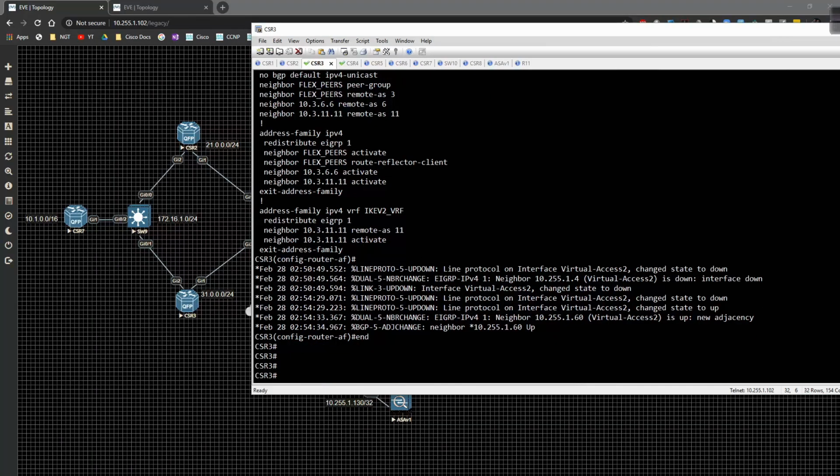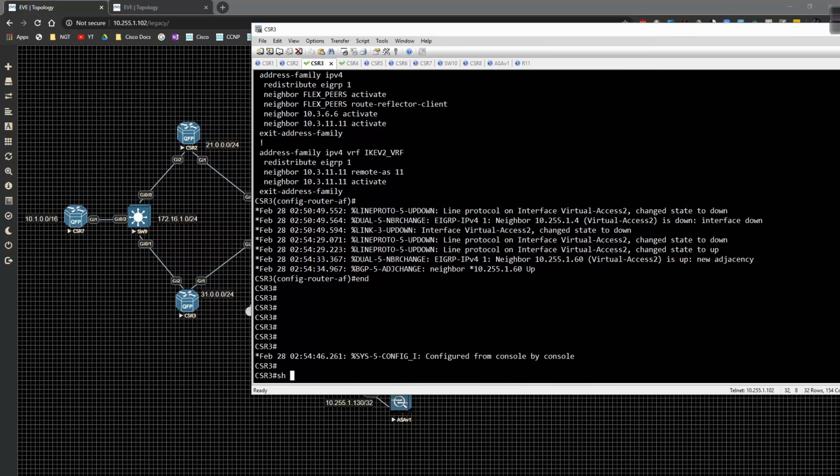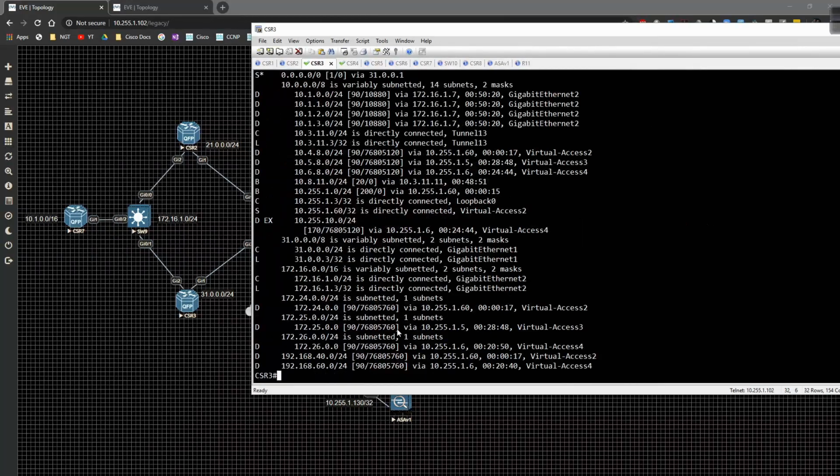I'm going to go underneath here and do a show ip route, and you'll see that we have a static route back to where we were peering from, and we also learned this one. Because we are learning a BGP peering inbound, what I should do instead is turn off EIGRP over the peering, but I'm actually just going to go and make the router